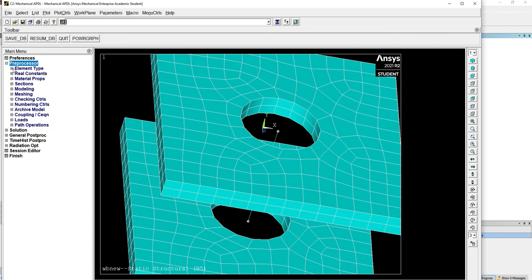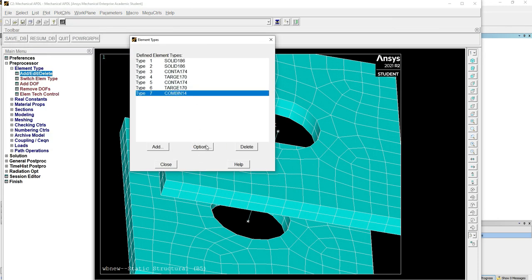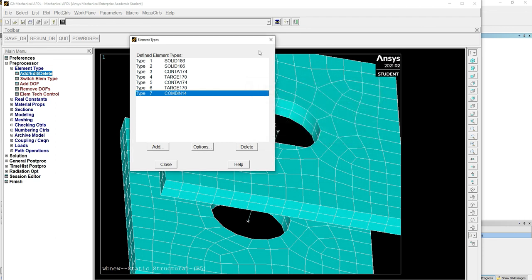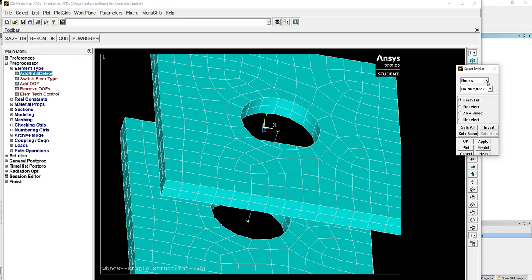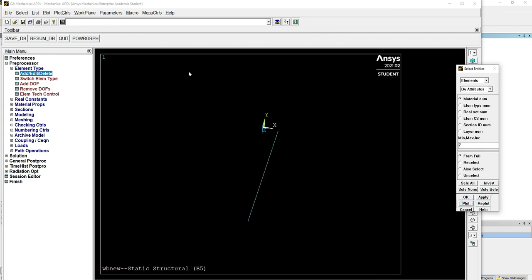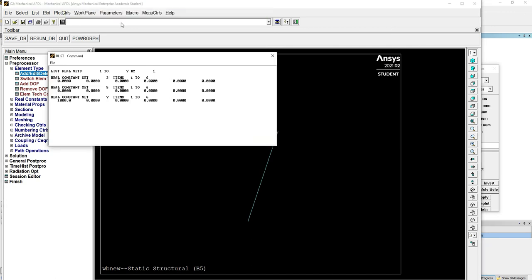We can go to the preprocessor, add, edit, delete, Combin14, click on options. Once we click on options, we will be able to see all the corresponding keys of the option. If we want to check the real constants, one easy way will be to first select only the spring element. So I will apply and plot and then hit the command RLIST.